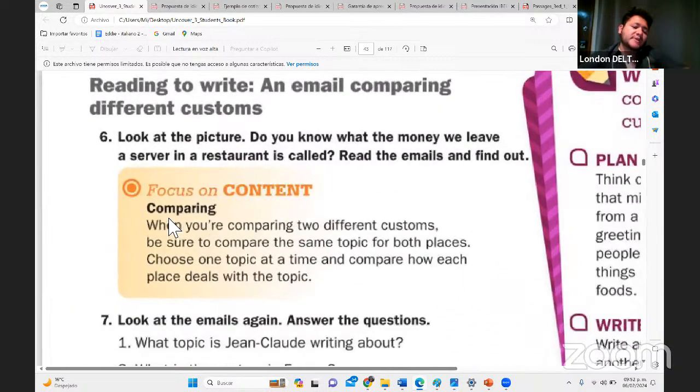Ok. Recuerdan que en la clase anterior estábamos hablando acerca de cómo son las costumbres para dar propinas. Remember? How is it, for example, in the United States? How is tipping in the United States? Is it mandatory? Is it optional? ¿Cómo es en Estados Unidos la propina? Do you remember? Optional. Not really. It's kind of mandatory. It's almost mandatory. We could say customarily, si hablamos más culturalmente, es como obligatorio.